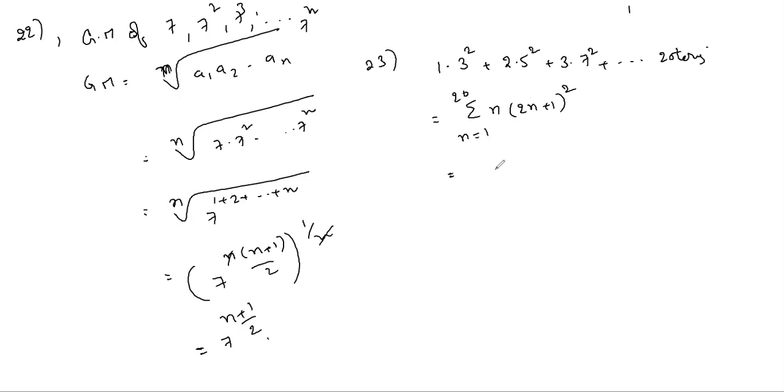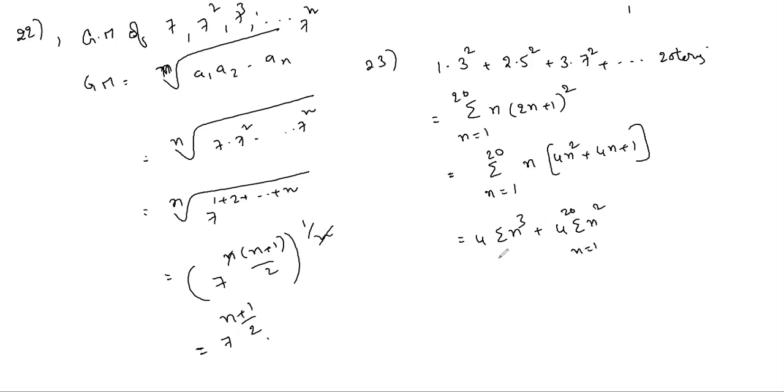So it is equal to sigma n equals 1 to 20 of n into 2n plus 1 whole square, which is 4n square plus 4n plus 1. So multiplying, 4 into sigma n cube plus 4 into sigma n square plus sigma n, running from 1 to 20. So 4 into sigma n cube, n into n plus 1 by 2 whole square, plus 4 into sigma n